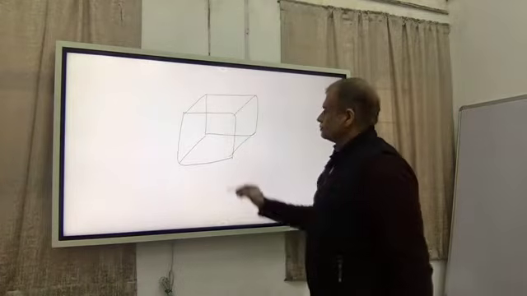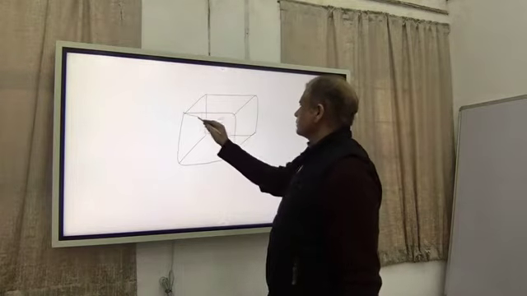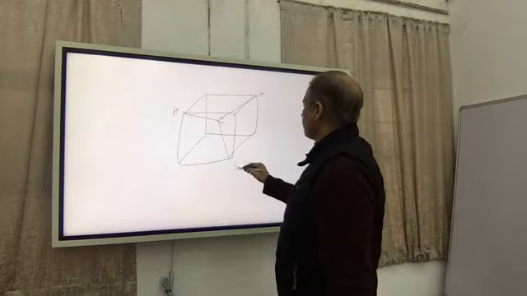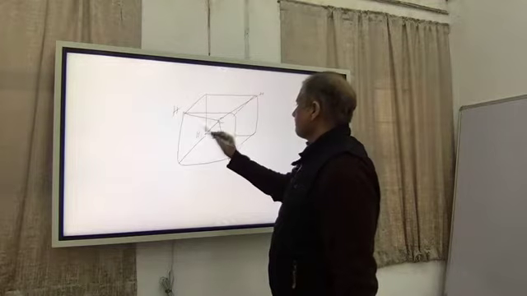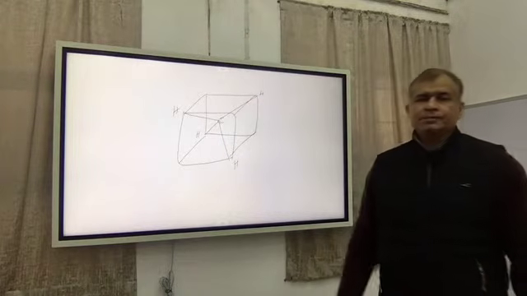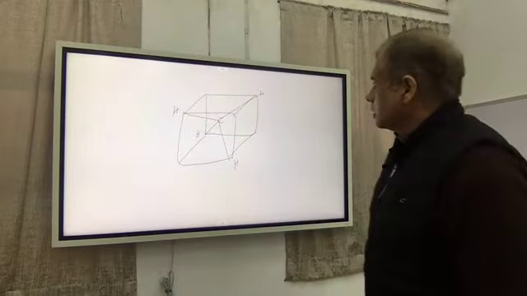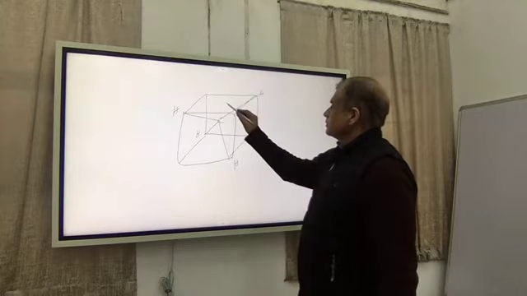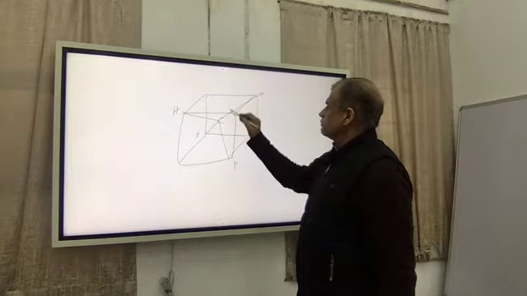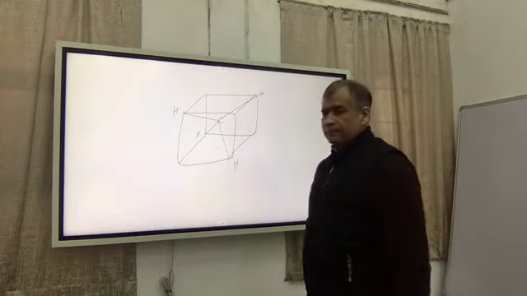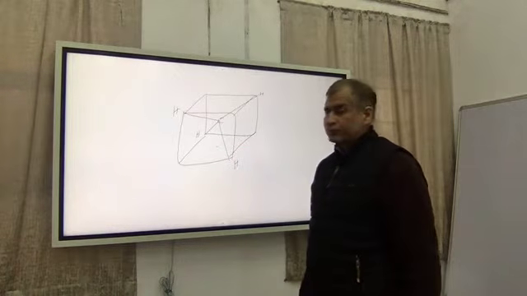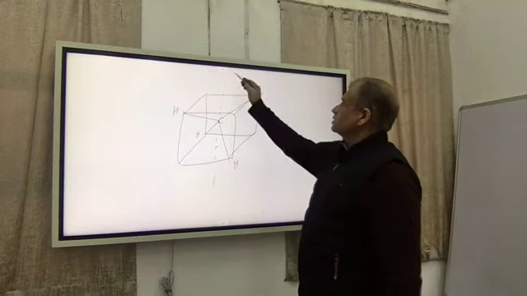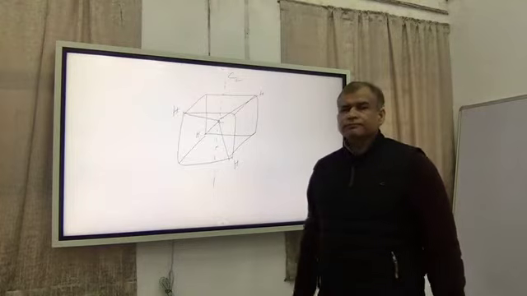So this is your cube, here is your carbon. If you join like this, you will get a perfect tetrahedron inside the cube. So, where is the C2 axis? The axis is passing through the face center of this and the face center of this, of these two opposite faces of the cube. If you draw a line, then this is the C2 axis for this tetrahedron.